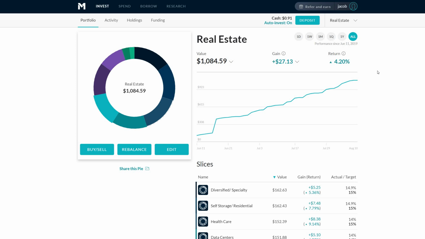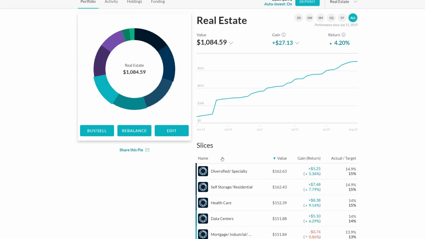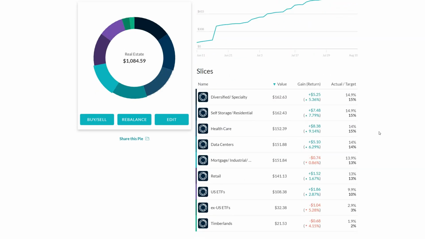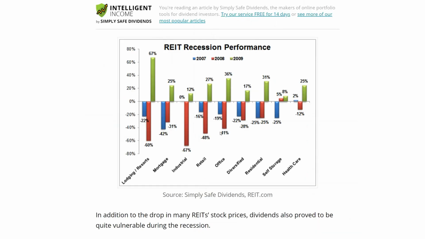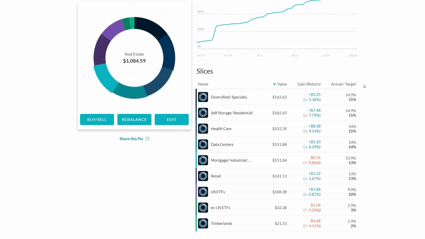And so with my real estate investment portfolio, I set this up 2 months ago, and I really haven't touched it since. I've done a few things here and there, but for the most part, I set it up. I took a methodical approach on how I wanted to set it up, and I set a few principles in place. Okay, how do I want to diversify within real estate investment trusts? And I did it primarily based off of this chart right here. What is my risk tolerance? How much do I want to be invested in lodging, industrials, retail, and so forth? And I've set the target allocation accordingly.